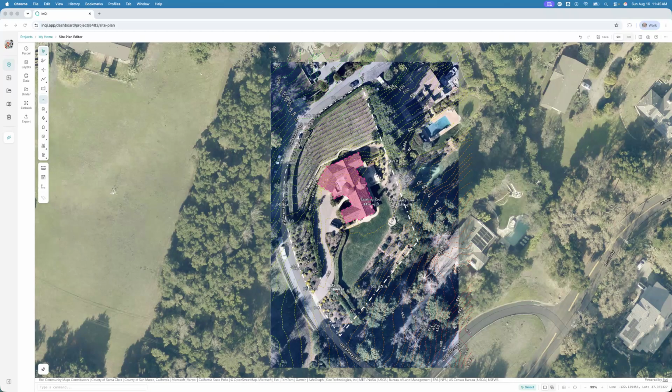How to draw a rectangle. Use the Draw Rectangle tool when you need to quickly create a rectangular area on your site plan. You could also create the same using Polygon, but rectangle makes it much faster when you know the area should